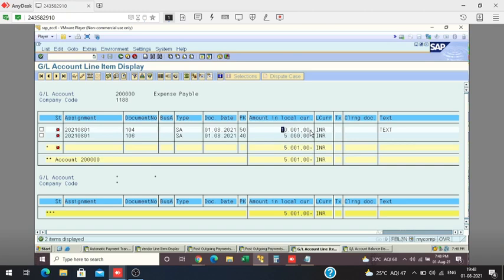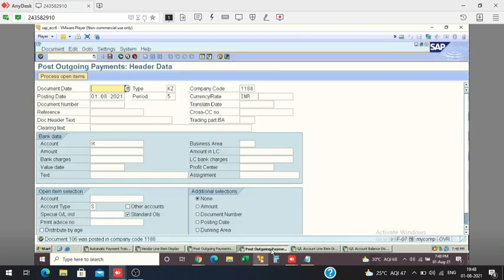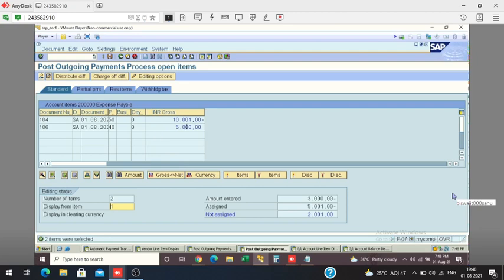Okay. Now I'm doing residual payment. Then see the impact. Go to residual payment. F-07, 1st August, SA, here bank account. Now I want to pay 3,000 residual amount. Okay. Process open item. Okay, now two items are showing here.